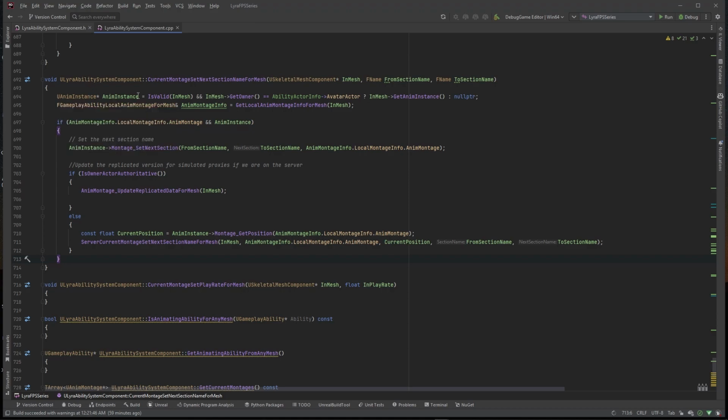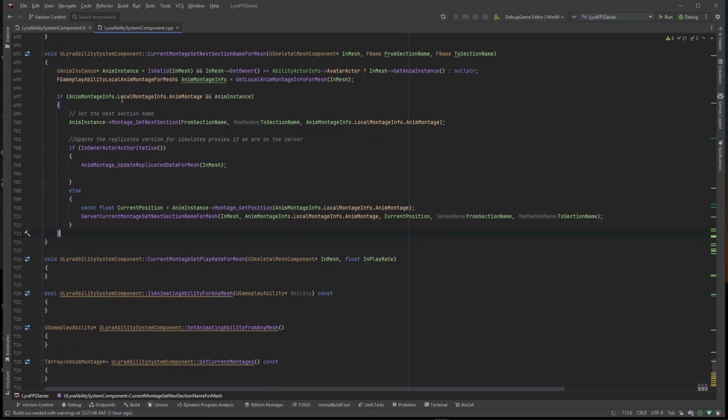So here we're getting our anim instance using this select style code here. Also constructing this local anim montage data here using this get local anim montage info for mesh, and then using that to determine whether we have a valid anim montage on this mesh that we're actually using for this function call, and if our anim instance came back valid. If that was true, we go ahead and jump to the anim instance and we call this montage set next